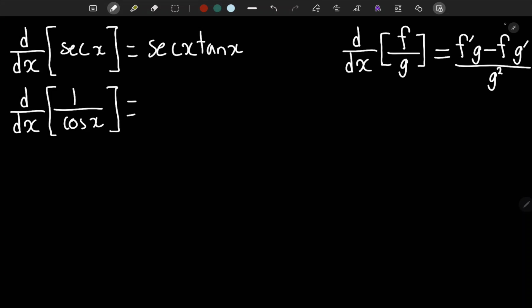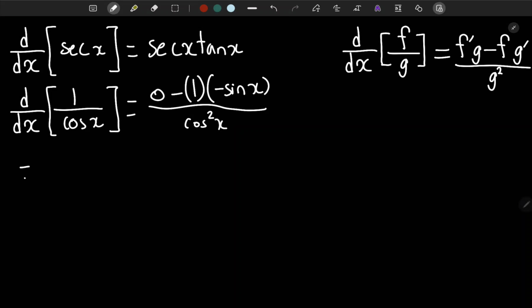So let's start with the formula then. It's going to be f prime g, so f prime is going to be 0, so the first f prime g is going to be 0 entirely, since anything multiplied by 0 is 0, minus, now it's going to be f g prime, so f is just 1, and g prime is going to be negative sine x over g squared, so g squared is cosine squared x, and we can simplify this now, so this will become sine x over cosine squared x,